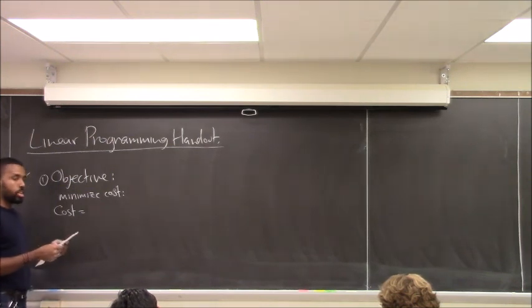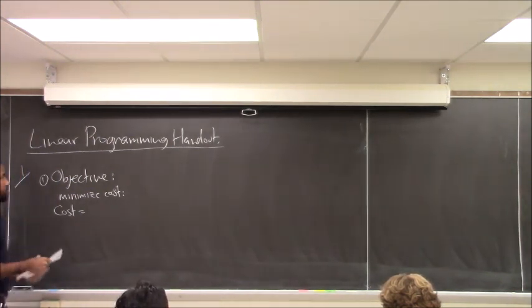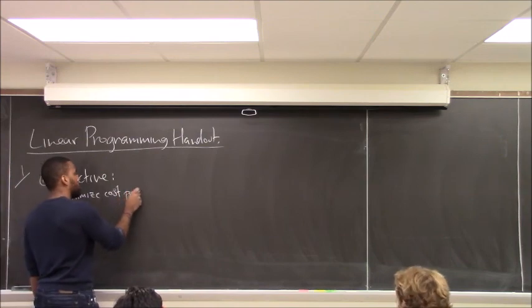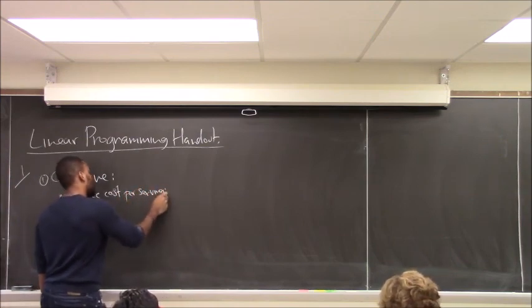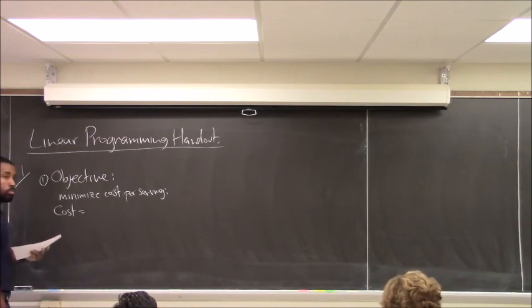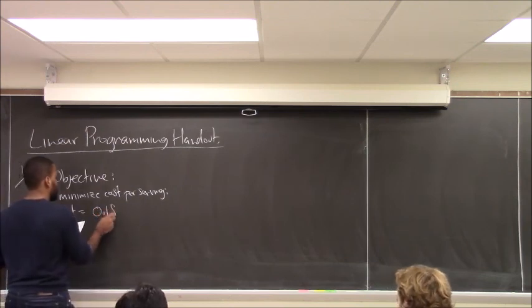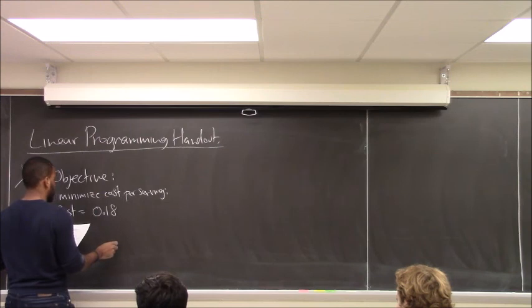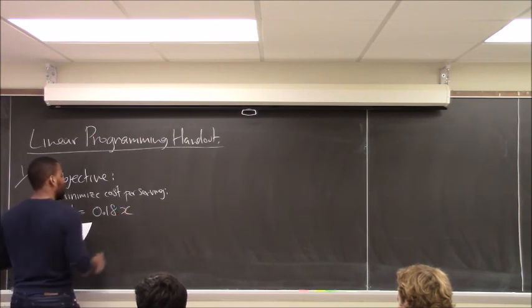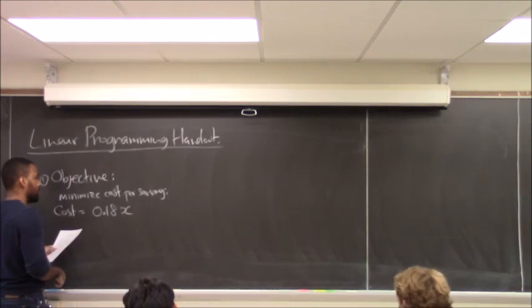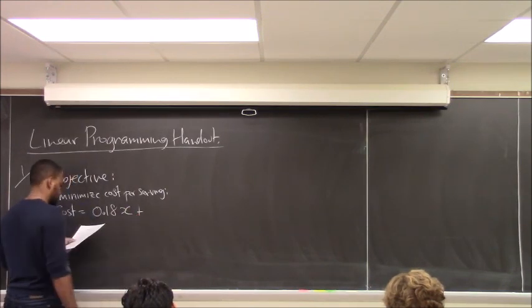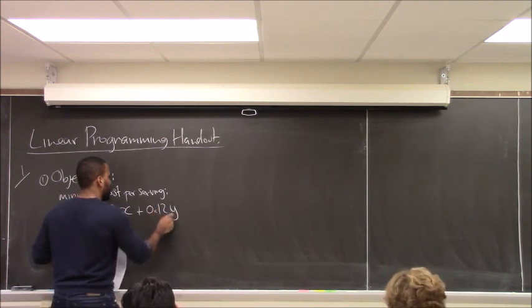So what would be the cost per serving here? Minimize cost per serving. Well, what's cost per serving? It's 0.18 A, or 0.18 and then the number of units of A. Yeah, let's call it x, just to be suggestive because we're going to start plotting this. And 0.12B, or let's call that y, where